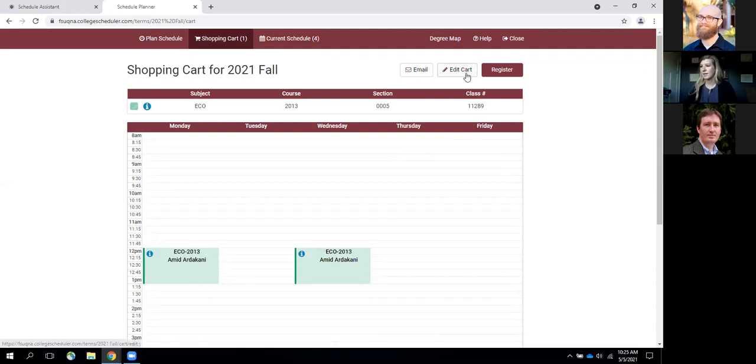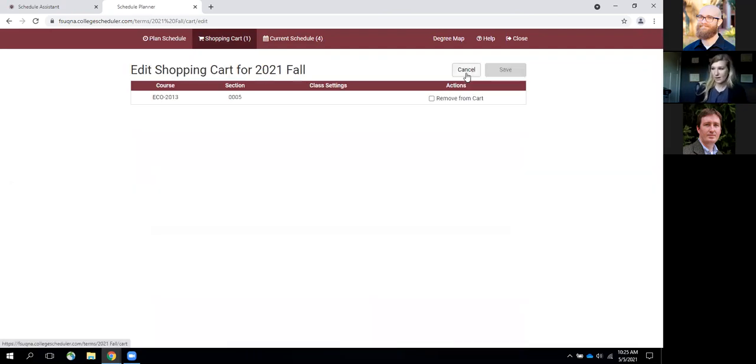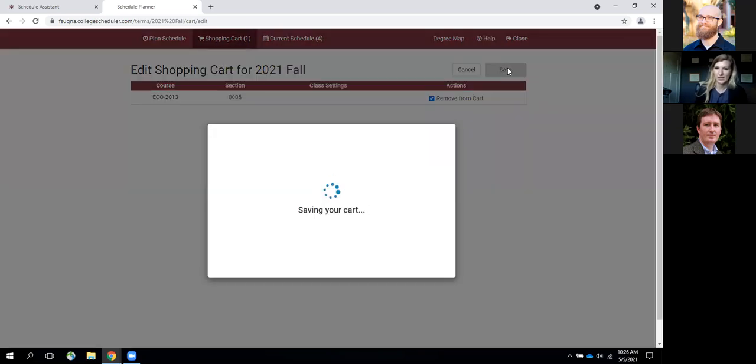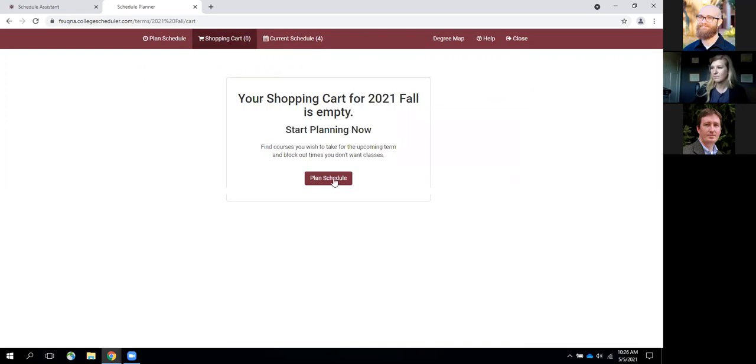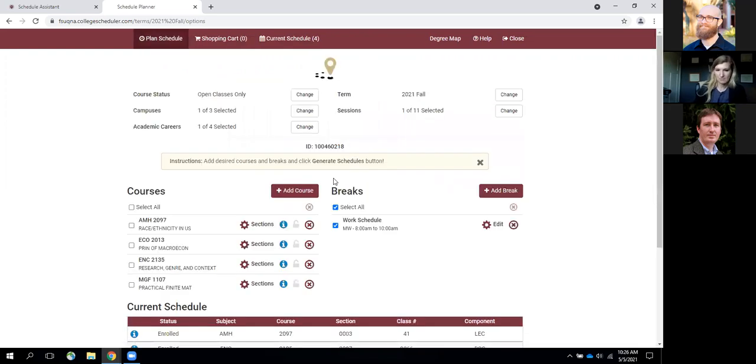So for here, we can edit the cart and we can get rid of this section of econ because we know we're not going to be able to send it to the final stage. So we remove it from our cart, we can save it. If we go back to the plan schedule stage and we click on the sections for econ, just as we did earlier,